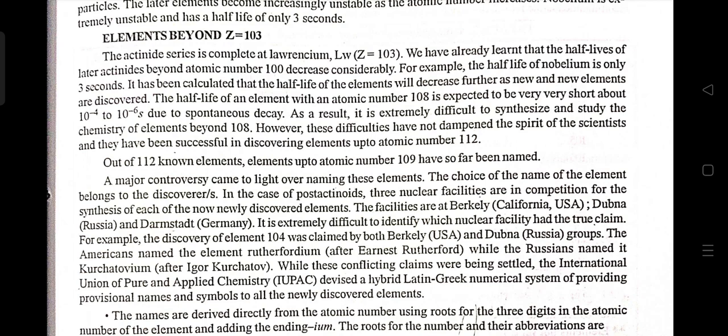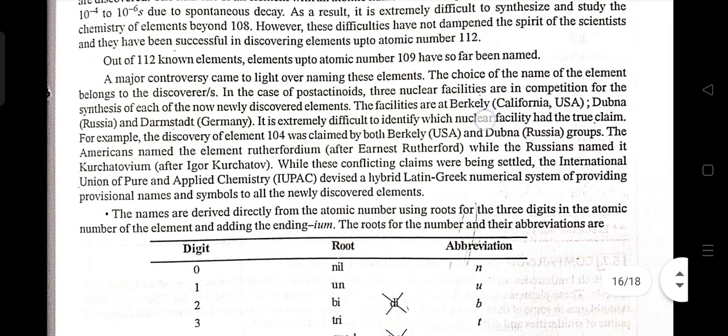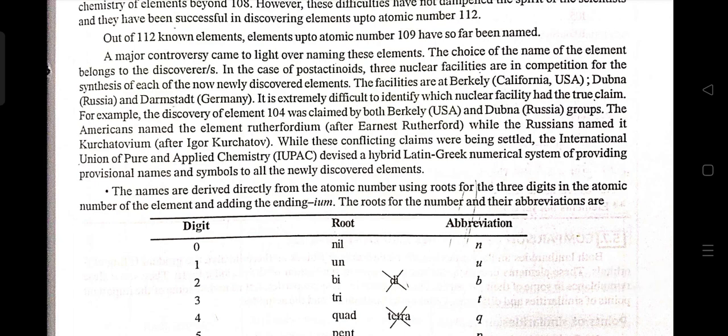The half-life of an element with atomic number 108 is expected to be very short, about 10^-4 to 10^-6 seconds, due to spontaneous decay. As a result, it is extremely difficult to synthesize and study the chemistry of elements beyond 108. However, these difficulties have not dampened the spirit of scientists, and they have been successful in discovering elements up to atomic number 112. Out of 112 known elements, elements up to atomic number 109 have so far been